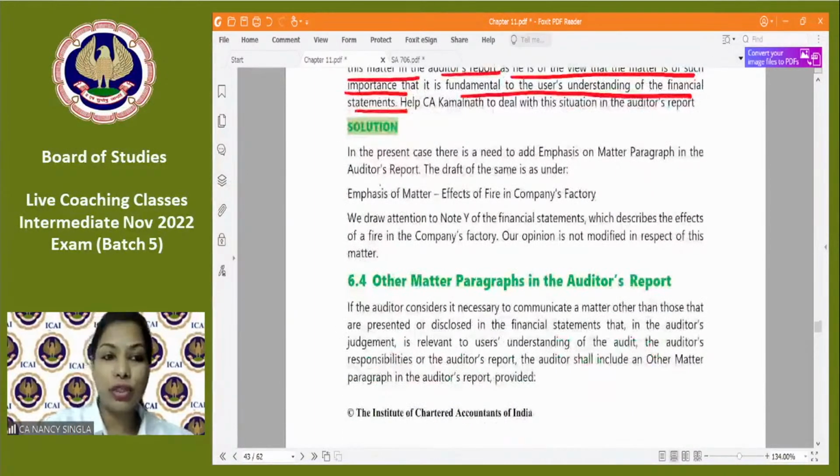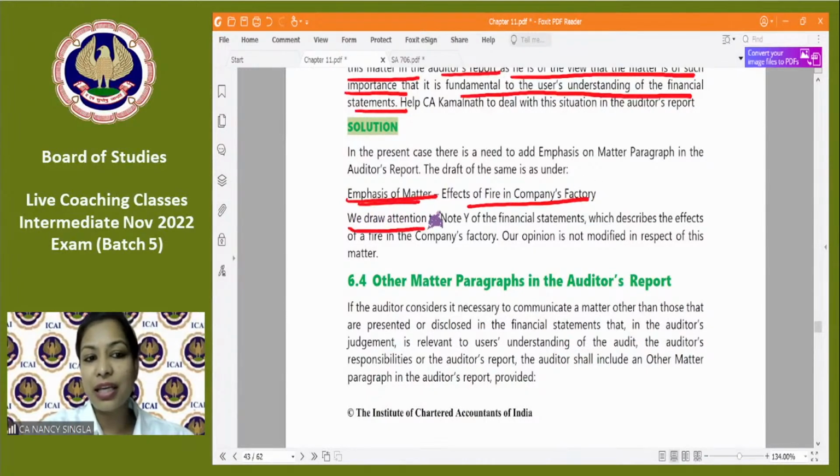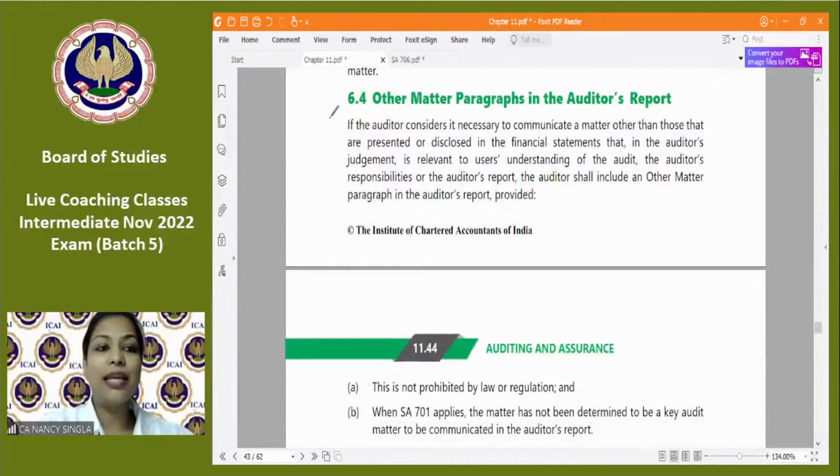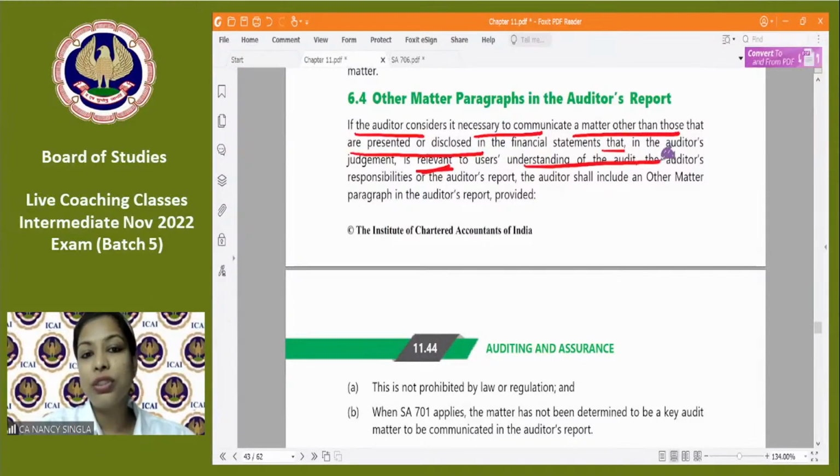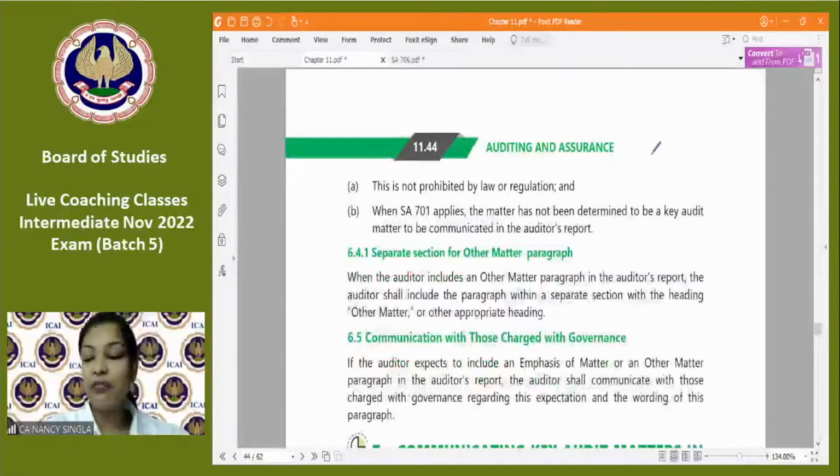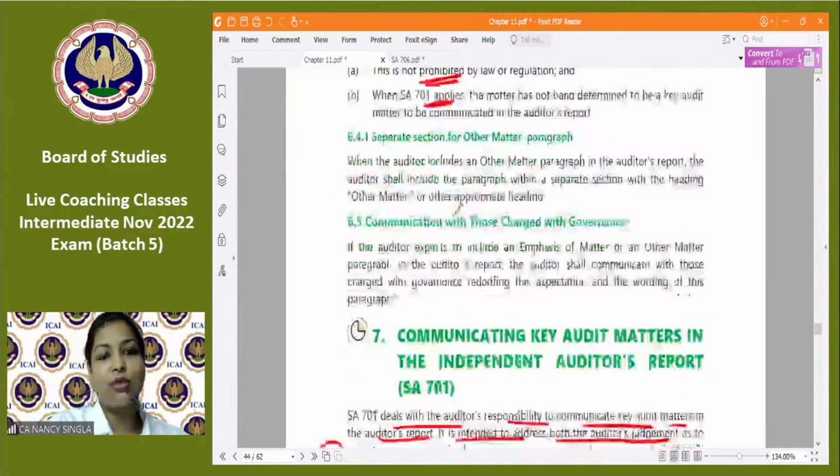तो वो कैसे करेगा? देखो, emphasis of matter heading आएगी, effects of fire आएगा, और फिर क्या आएगा, we draw attention to note number 5, ठीक है। Other matter क्या है? If the auditor considers it necessary to communicate a matter other than those which are presented in financial statements, which are relevant to the users' understanding। देखो, दोनों जगह most significant word नहीं आया, because वो तो key audit matter है। तो अगर it is not prohibited by law और वो key audit matter नहीं है तो आप show कर सकते हो, separate section आएगा।